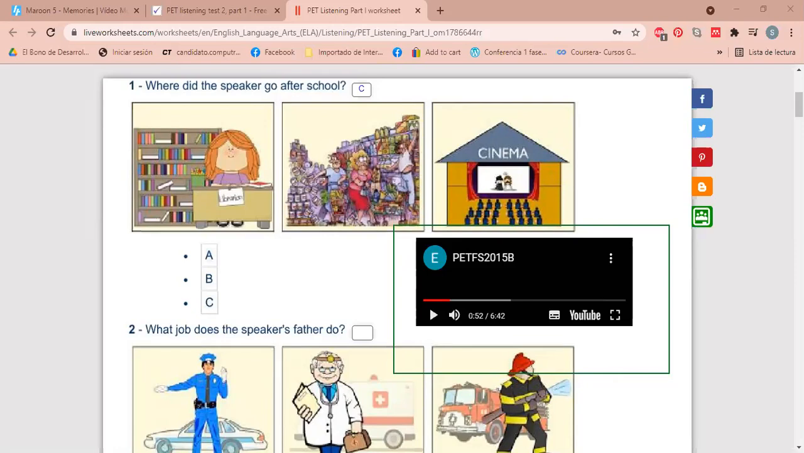And I will share with you the link in your Zoom chat and also in your WhatsApp group, so you don't have any problem with that. Okay, so tell me guys, can you see the link on your chat box? Okay, now you can